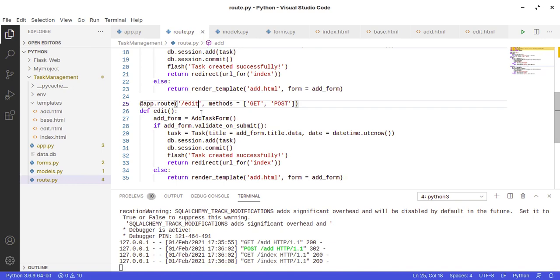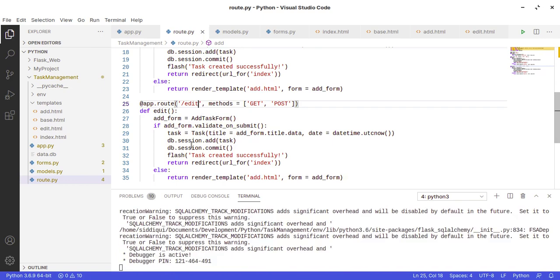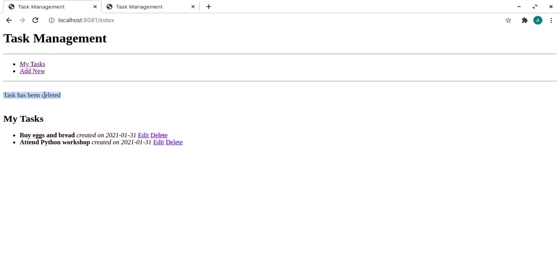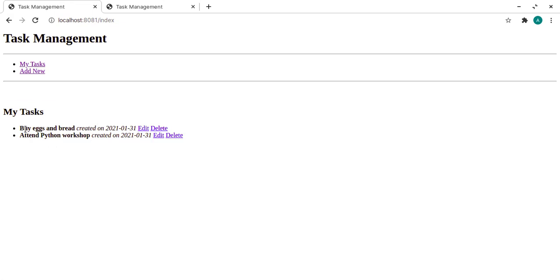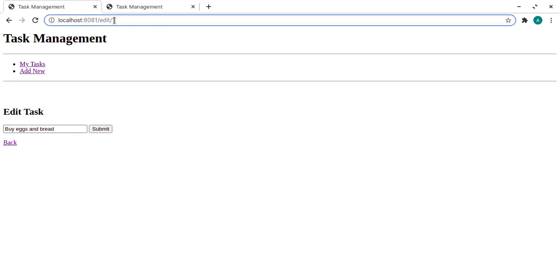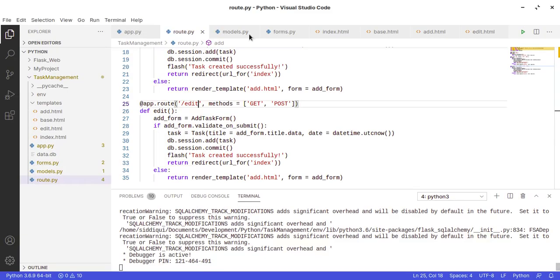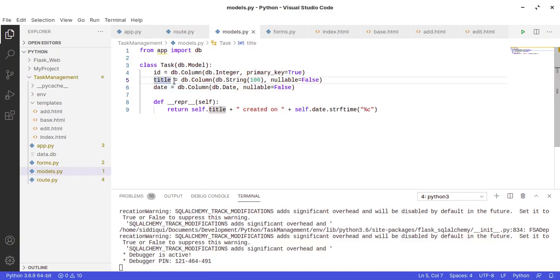But there should be one thing, whenever we have to edit something, we have to first fetch it from the database. Like if you see in the current application, let's say I want to edit this one. If I click the edit button, if you see the URL is actually edit, then this number is actually the ID of the task. Remember when we defined the model, we have three fields: ID, title, and the date.